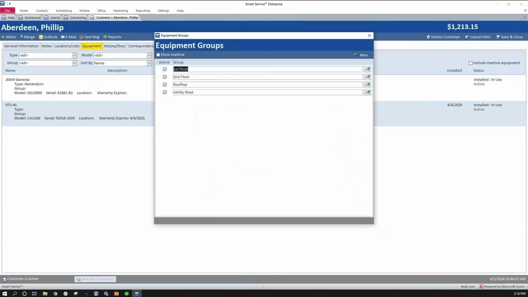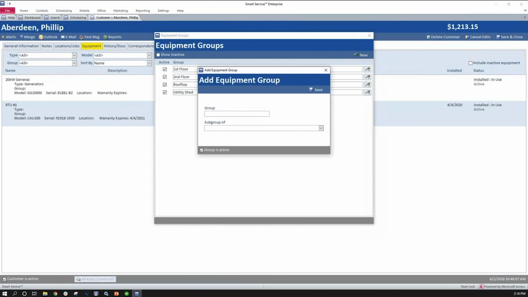But as an office user, you do have full control over everything, so you could theoretically go in here and uncheck one of these to make sure it doesn't show up in the list again. But if we wanted to add something new in here, say a furnace, I doubt that's going to be on a rooftop or out in a shed or on the first or second floor. So we might want to do a new one. So I'd come in here, basement,